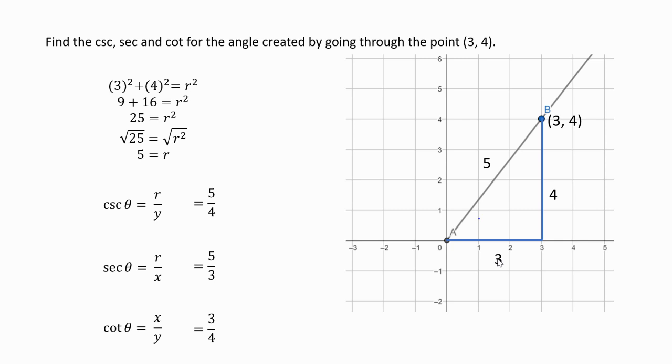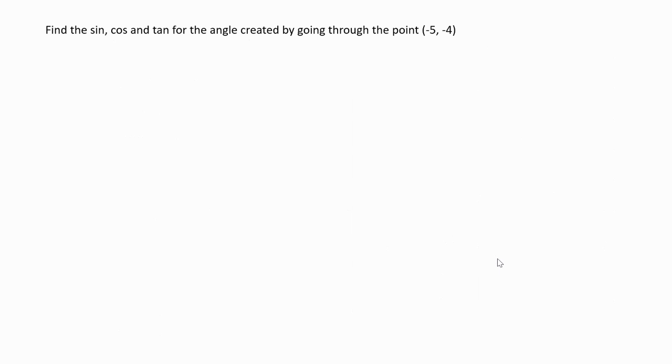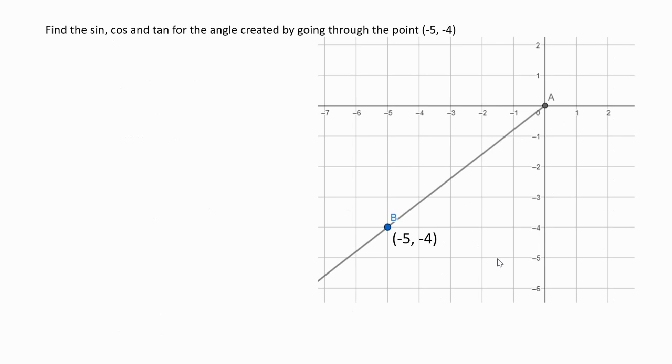All right. So let's just look for the main three reciprocal functions in some other quadrants. So this is where things get different. Okay. So find the sine, cosine, and tangent for an angle created by going through the point -5, -4. Okay. So looking at something like this,